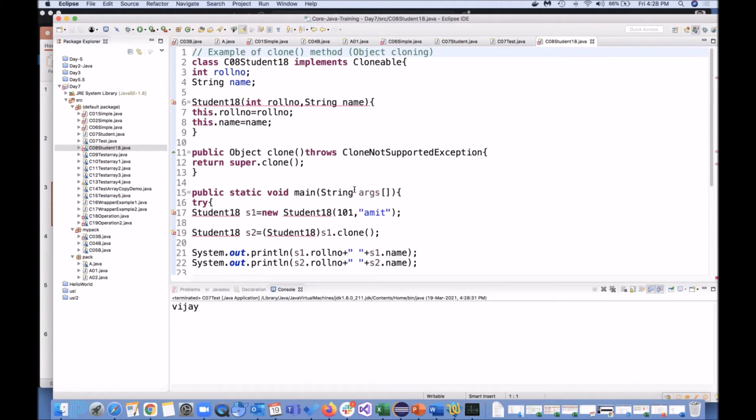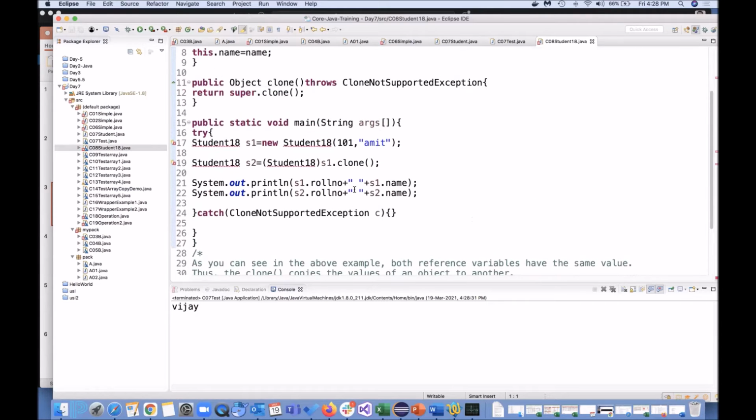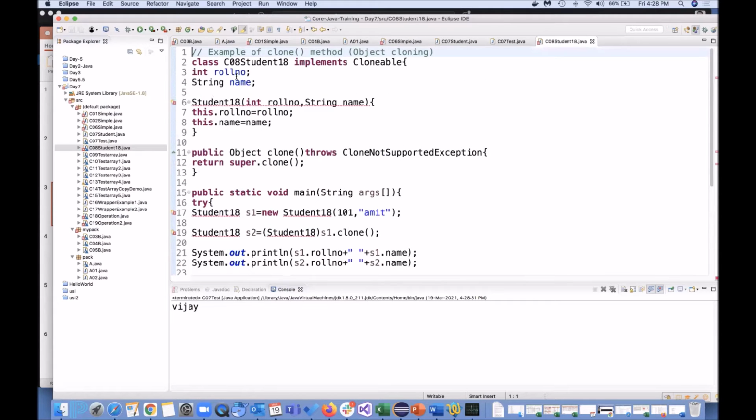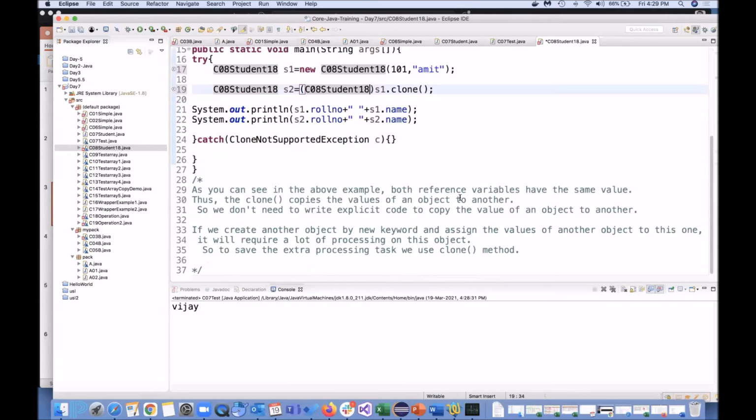So we have learned that in the Object class, we have a method known as the clone method, and the clone method will be used for object cloning. Let's use this example, Student.